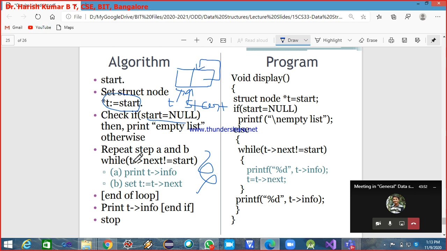Now if I check this condition, while T arrow next, T arrow next is this itself, correct, not equal to start. These two statements get executed only if this condition is what? True. But T arrow next is equal to what now? Start. If there is only one node, this is not going to print it.